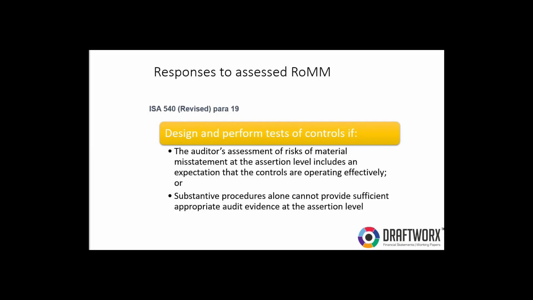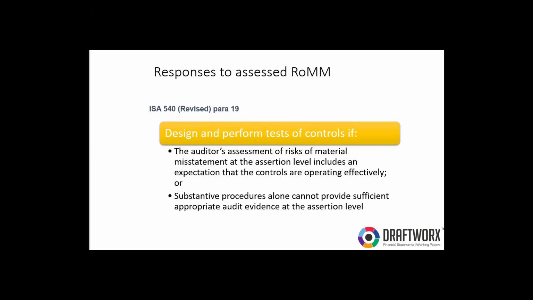If at this point you can already say, I've assessed control risk, the controls are really poor or deficient at this particular entity, or it's simply not good enough, then you probably know your control risk is high and you do not have an expectation that the controls are going to operate effectively. Therefore, you're not going to follow a control testing or combined testing approach.